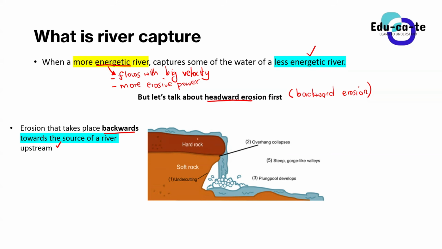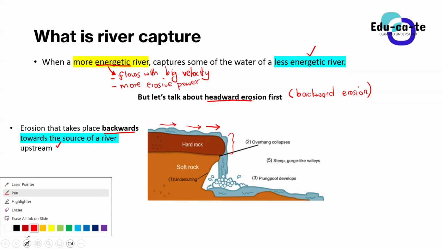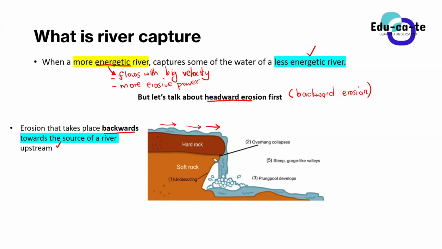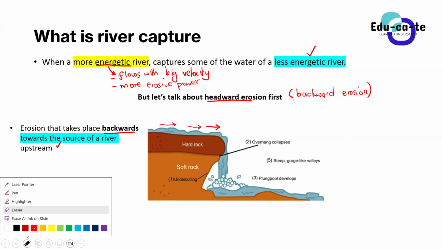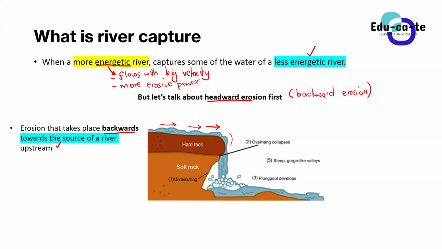So guys, here we have got a river, right? And this river is flowing in this direction. I think it is pretty clear that the direction of flow for this river is indicated by these red arrows. And this river is encountering this sharp change in gradient. It's known as a knick point, but for now, do not name it as anything because I want us to talk about knick points at a later stage. But basically, when the river encounters this sharp change in gradient, it is forced to fall here. So the water, when it gets here, is forced to fall down here, creating a waterfall.